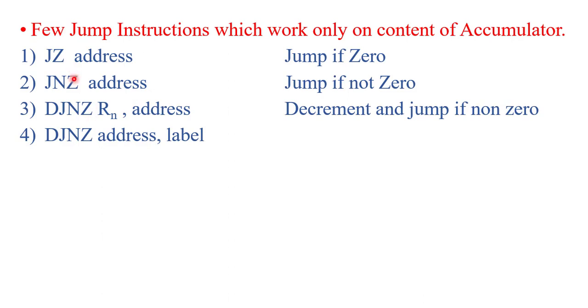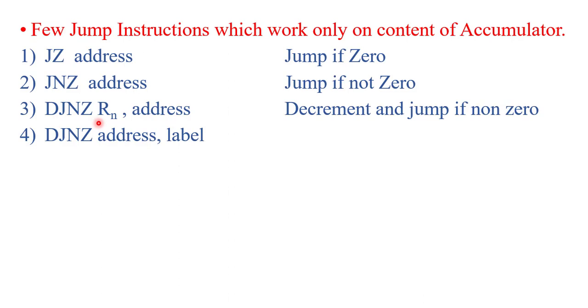These two instructions, JZ and JNZ, work on a byte. It means they are byte branching instructions. They check the content of an 8-bit register, that is the accumulator register. Whereas the previously studied instructions, JC, JNC and JB, are bit branching instructions because they check the bit.